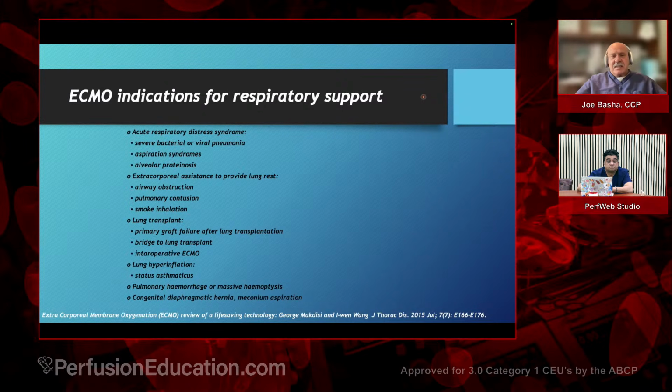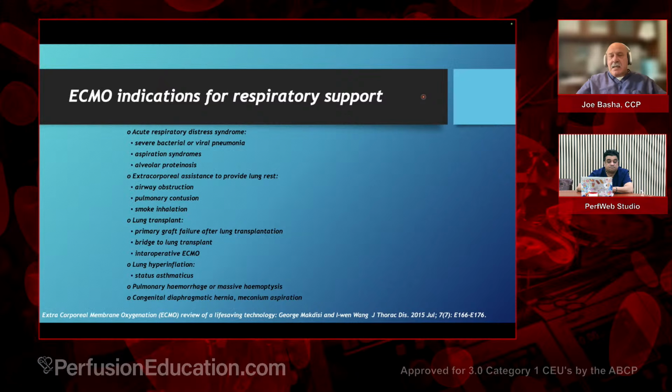You have assistance with lung rest for airway obstruction, which can be, of course, from an allergic reaction, from anaphylaxis. Pulmonary contusion, smoke inhalation: the fireman that goes into the burning building and the respirator doesn't work, and they inhale a tremendous amount of smoke, and now they're in frank pulmonary failure. For lung transplant, again, PGF. Bridge to lung transplant, intraoperative ECMO for lung transplant,